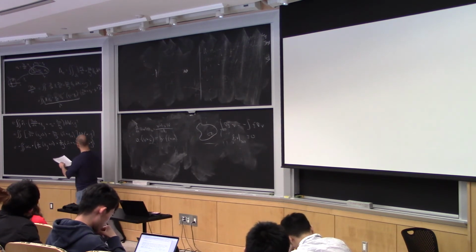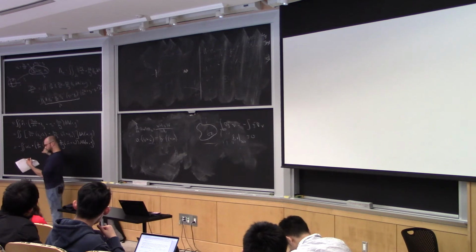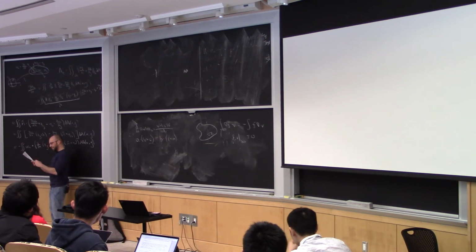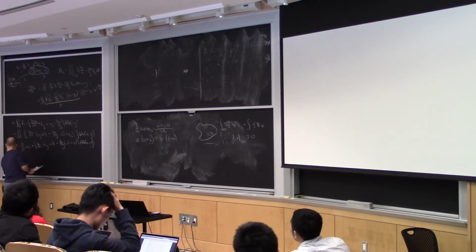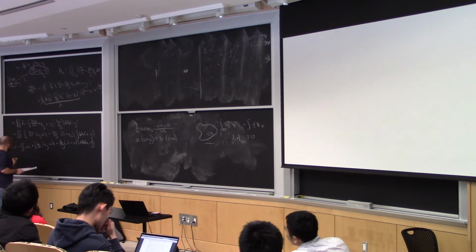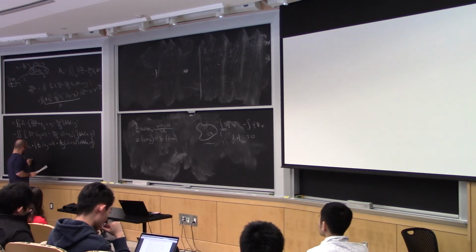So what do you think we're going to do next? Well, we have a derivative sitting in front of a product, so we might as well expand that out. And what are we going to get? Something kind of magical happens. I keep saying that today. So this is minus the double integral of W_t.